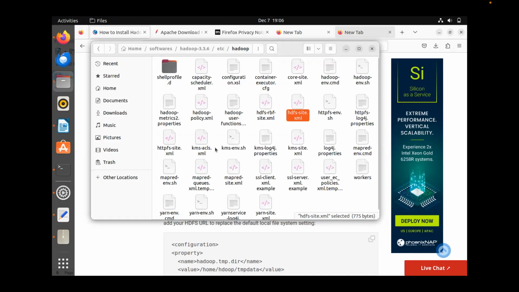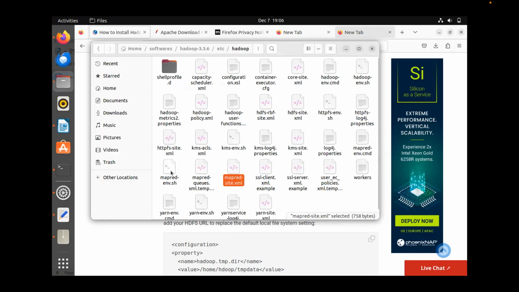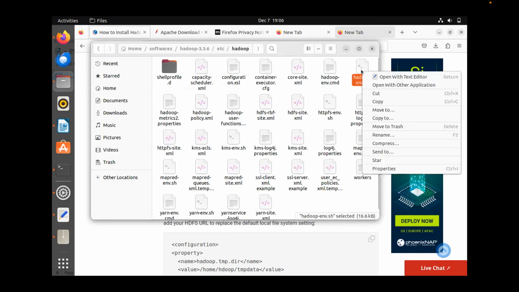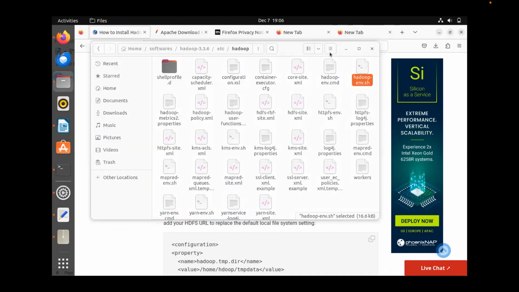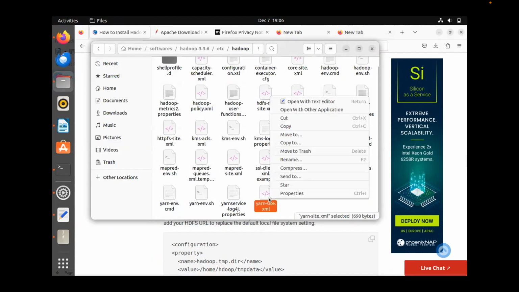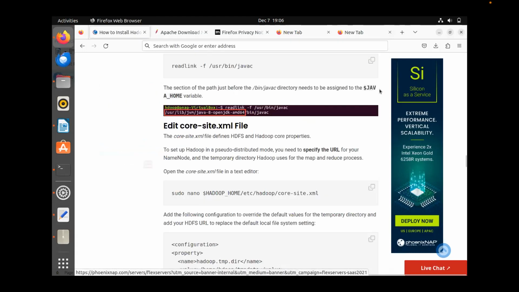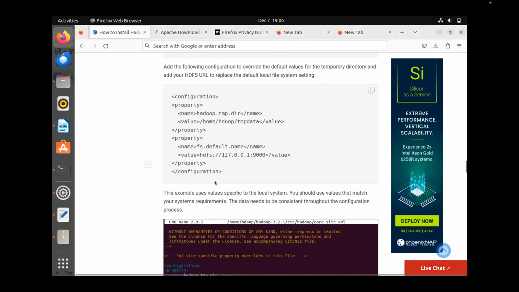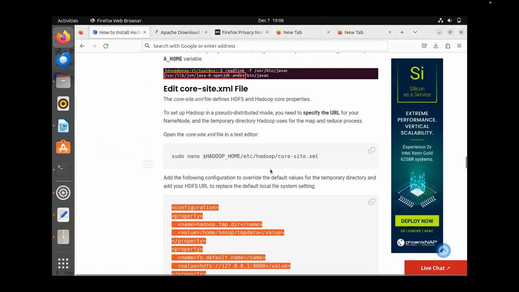Then yarn site. Yeah. So first we go with